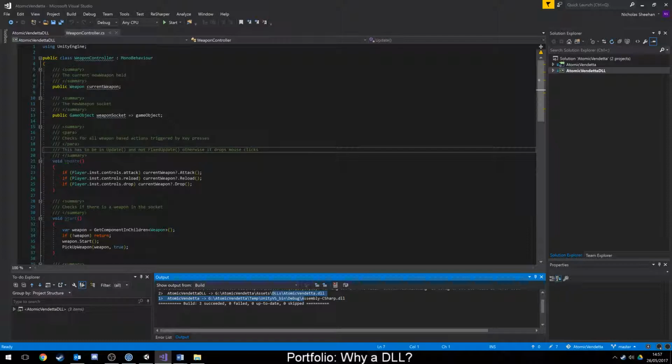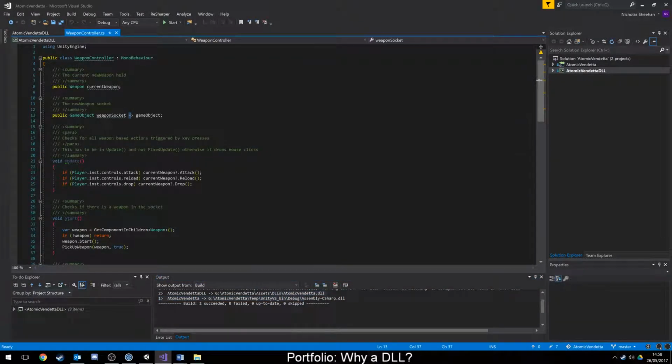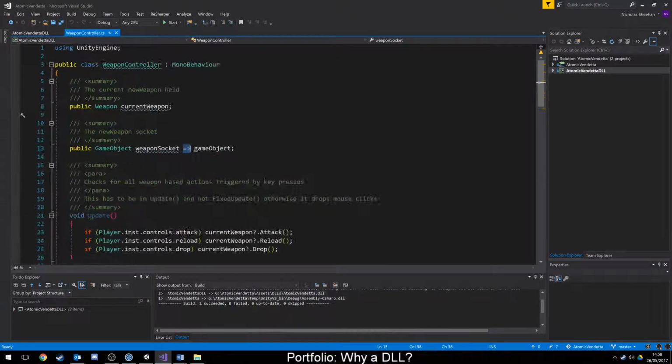But the main reason of using a DLL over coding it like you would normally in Unity is you get the option to use C# 6.0, where Unity is on C# 3. There's not really much in terms of differences in the actual core language, but more syntax and little helpful bits you can do within it. So in C# 6 there's this